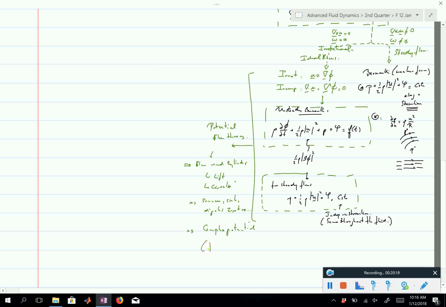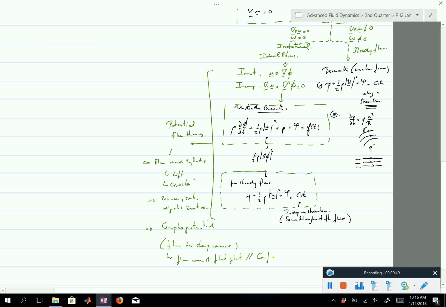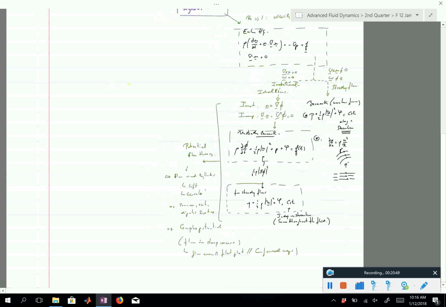In that we discuss flow around sharp corners. And we briefly ventured into the flow around a plate. And a brief discussion of conformal maps. Okay? So this is what we discussed. And then